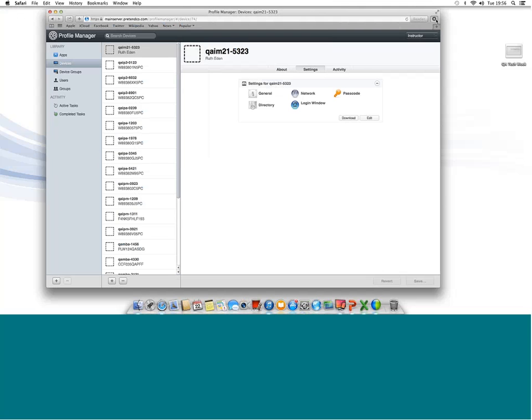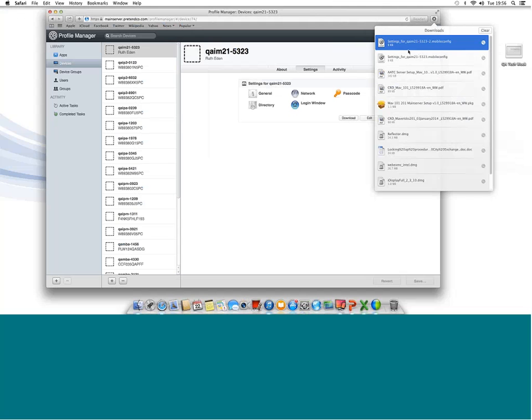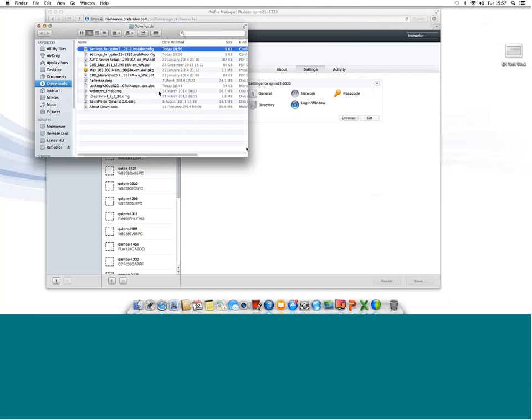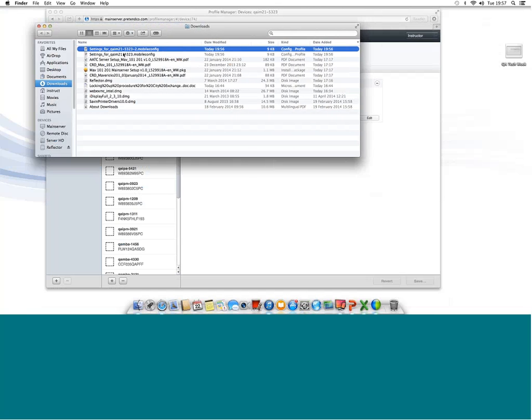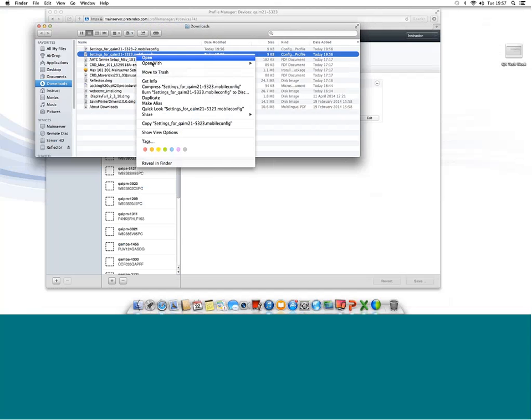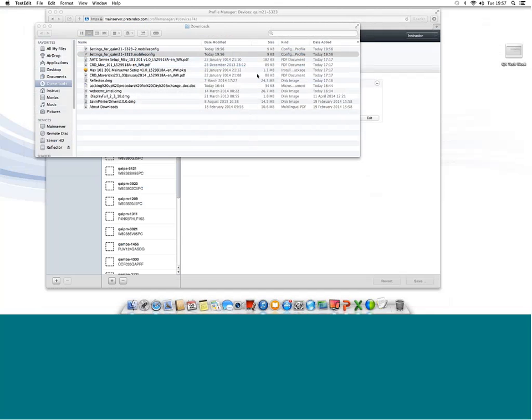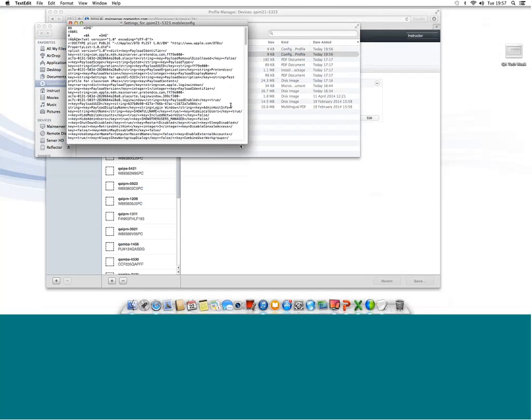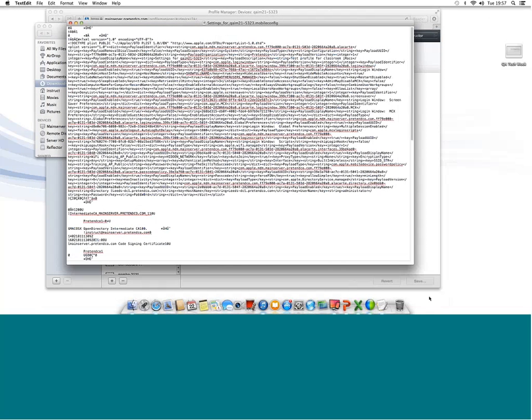And if I have a look in there, I can see I've got settings for QAIM21-5233.mobileconfig. So if we have a look at that in Finder first, we can then tell it to open that up with TextEdit. So those two are actually identical profiles. So if I open that up with TextEdit, we can see that there's not a lot of useful information in there. Certainly we shouldn't see